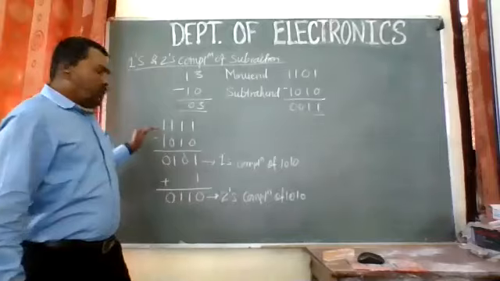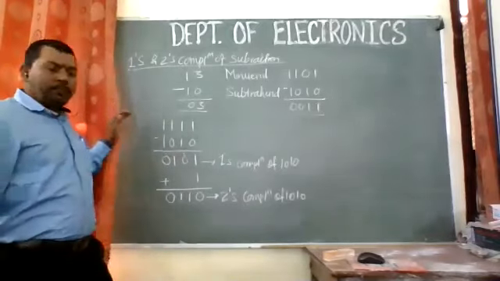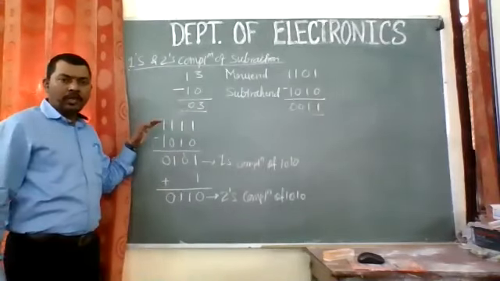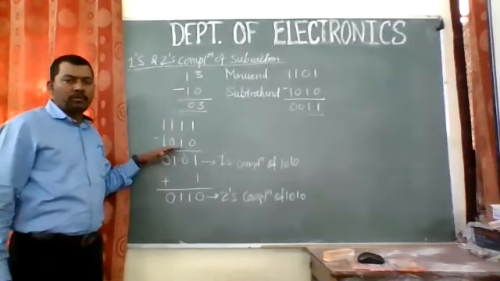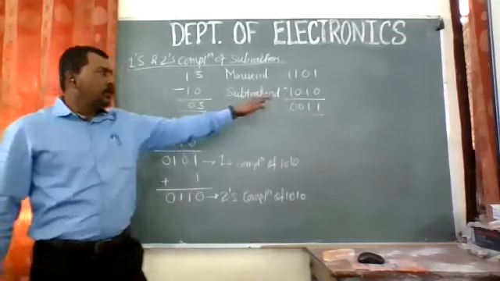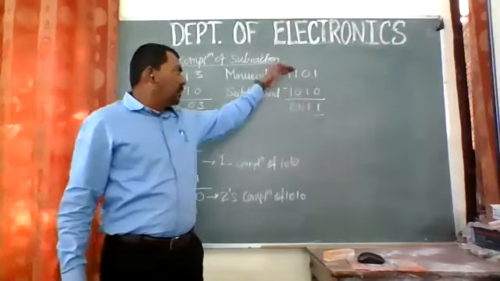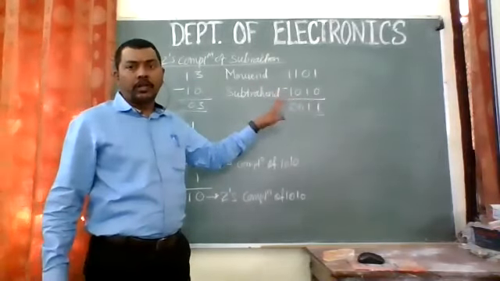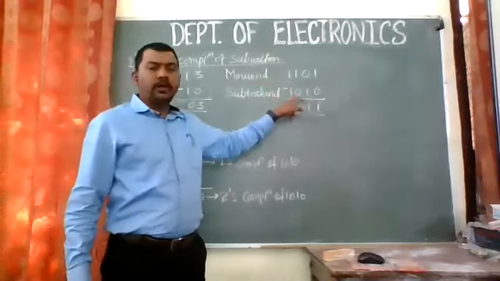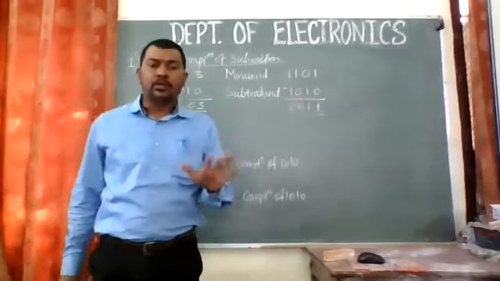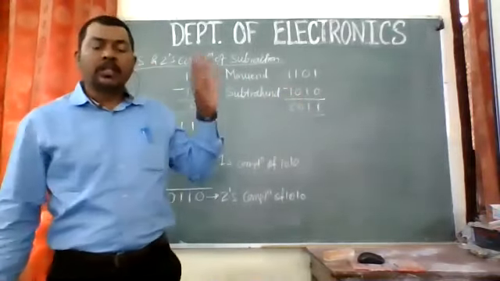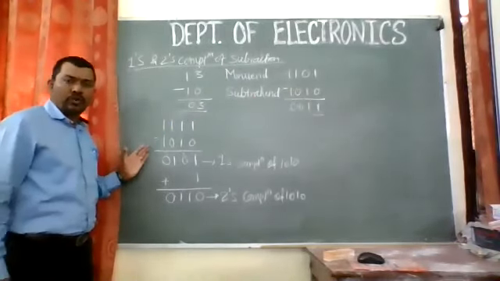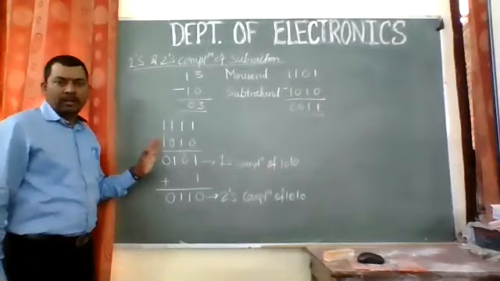So first, what we have done, we have subtracted the subtrahend from 1111. Why have we taken 4 ones over here? Because the number was 4 bit. And if the number is 3 bit and the minuend is 4 bit, then take 4 bits over there, right? So always remember this. If the subtrahend is 3 bit and the minuend is 4 bit, then you have to take 4 bits only. You just add a 0 over there on the left. So it will solve the matter, right?